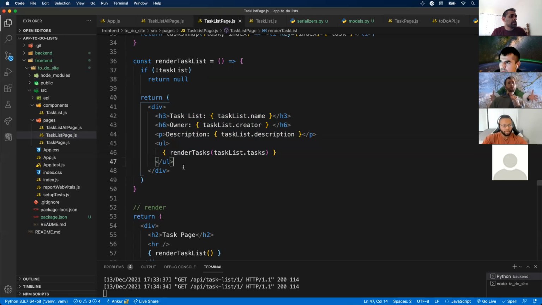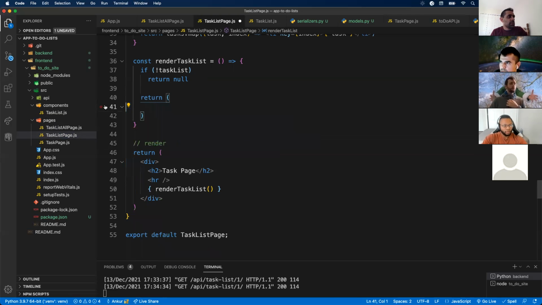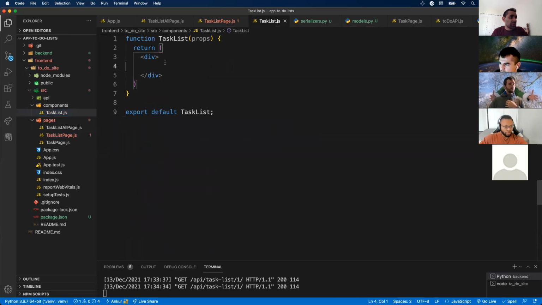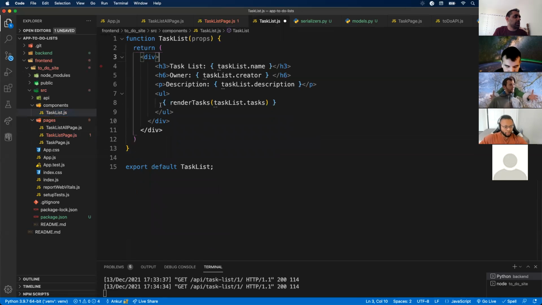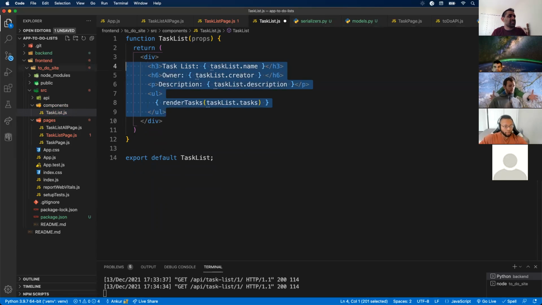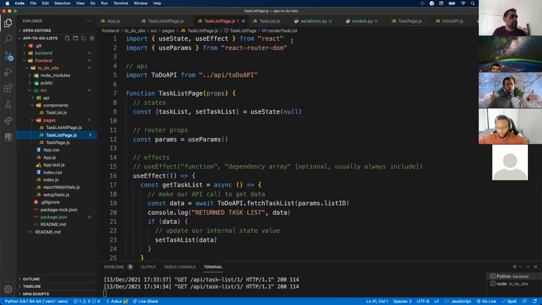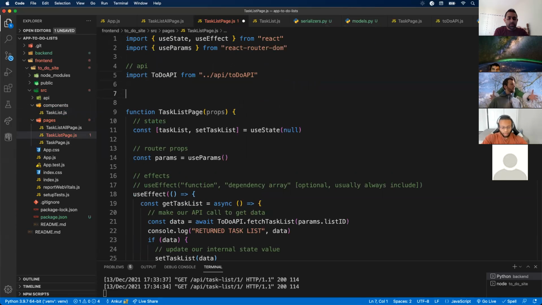Okay, so my goal here is just to break out this functionality and put that into tasklist.js. Again, I don't have to, it works without it, but organizationally, it's probably nice to have this component. So I have a task list component that's simply going to render a task list. But the question is, how do we actually get a task list to this component? We'll talk about that in one moment, but let's get our task list page happy with